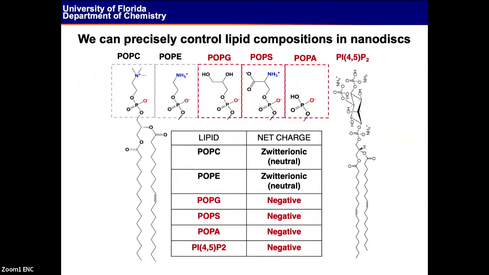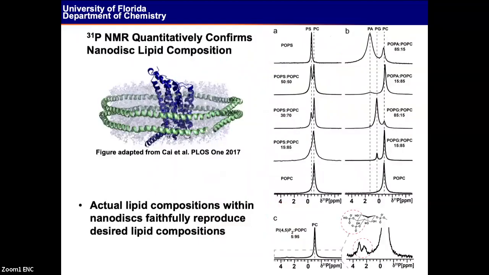We like using the nanodiscs because we can precisely control the lipid composition within them. In this particular study, we're looking at mixtures of both zwitterionic lipids like POPC and POPE with anionic lipids like PG, PS, PA, and PIP2, an important signaling molecule. We use phosphorus-31 NMR to convince ourselves that the composition within the disc is really what we intend it to be. I'm not going to go through all of the detail here, but just to point out that essentially what you want to put in the disc is what ends up in the disc itself,